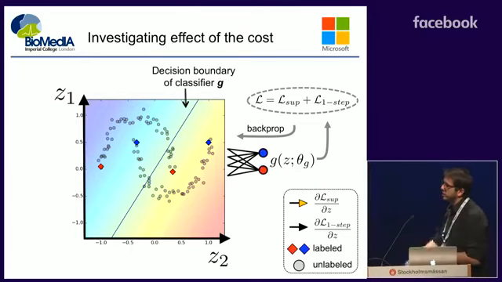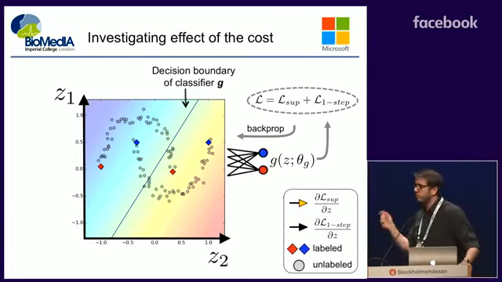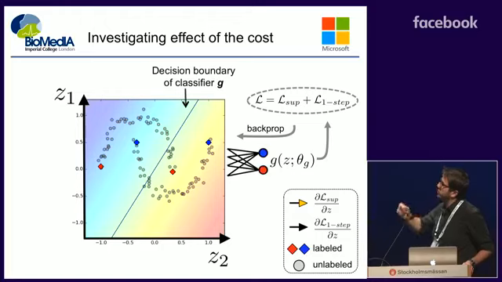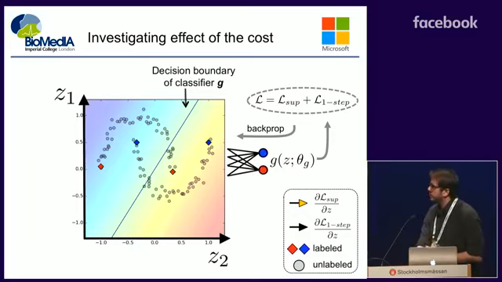We're going to put a linear classifier on top. We are going to do the forward pass through a linear classifier, compute the classification cost, apply label propagation, compute the graph, compute our own cost, and backpropagate through. The important point is we're going to compute the gradients of the cost with respect to the coordinates of the embeddings of the samples in the latent space, and we're going to apply the gradients ourselves to the samples to move them around the embedding space to see what happens.